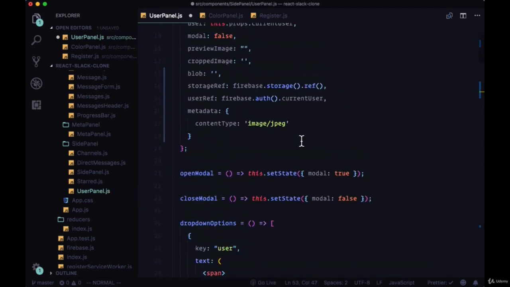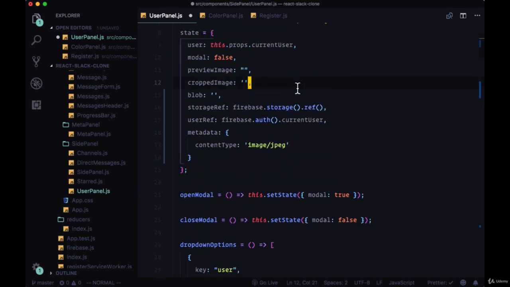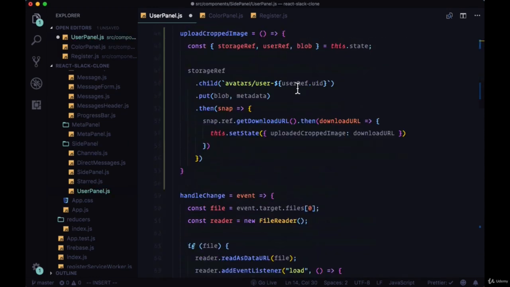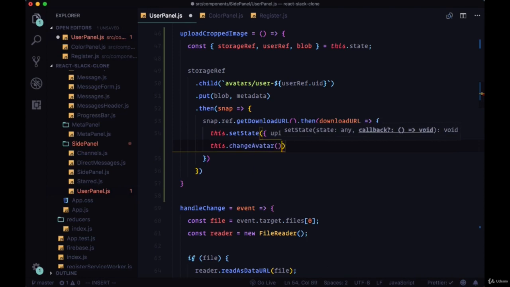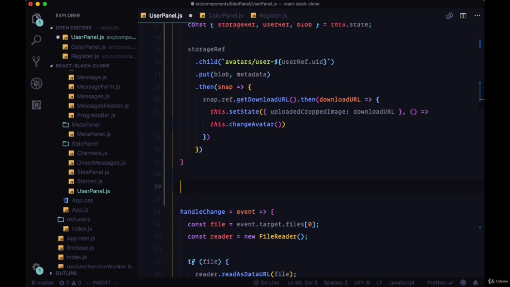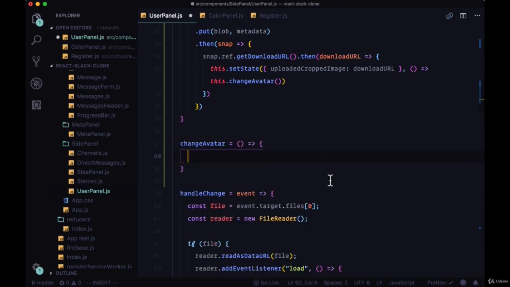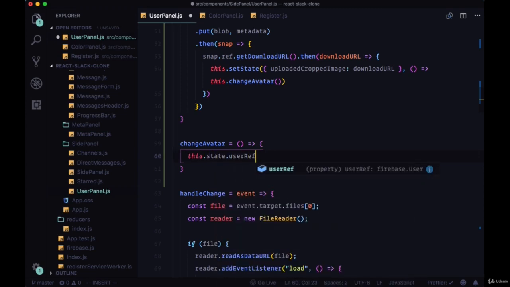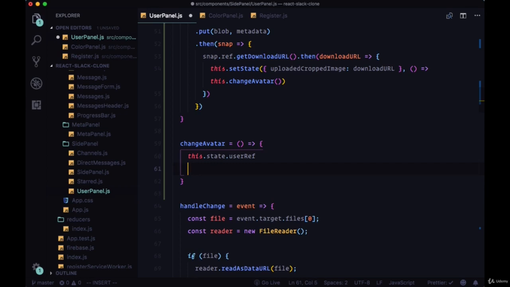So we'll create uploaded cropped image within our state. And within the callback, where we're setting this property, we want to call a function called changeAvatar. So at this point we've done the first part. We've uploaded an image to Firebase storage as an image blob, and within changeAvatar we're going to first take this user ref that we have and call